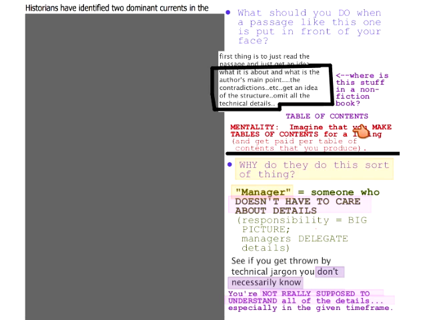I'm very slow. Okay. Imagine that you make tables of contents for a living. This is actually a very good analogy, because if you were paid per table of contents that you made, you would not waste any time reading anything that you did not have to read, because you would want to make more money by making other tables of contents. This is very far-fetched, and whenever I come up with these little thought experiments, they tend to be sort of far-fetched. But that's good in the sense that it'll keep it in your head. It's a very vivid image.